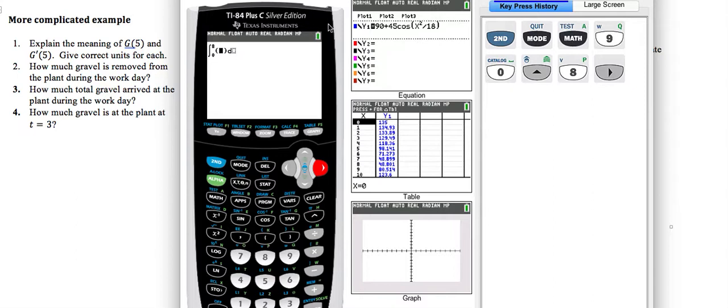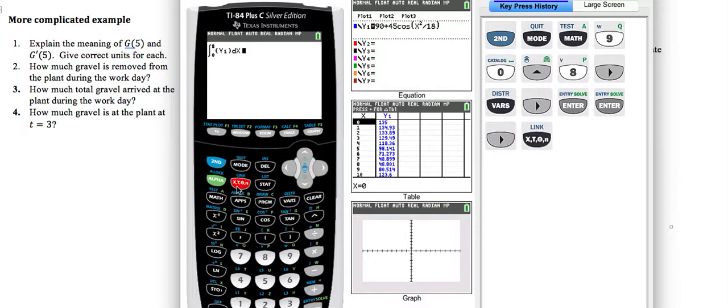And this function here, I've already typed it into y1. So one thing you could do is just manually retype all of this, 90, 45 cosine x squared plus 18. Or you could also use the vars button here and just go to Y-VARS, function y1. Okay, so this is the equivalent of typing 90 plus 45 cosine x squared plus 18, and then make sure this d here that you enter in a dx, right? And then just enter, and it will evaluate that result for you, and we get